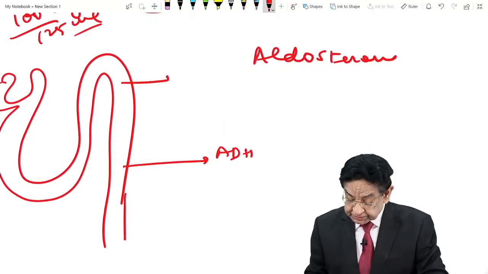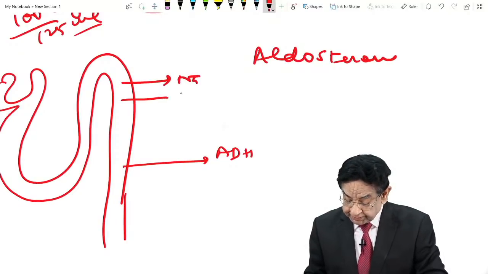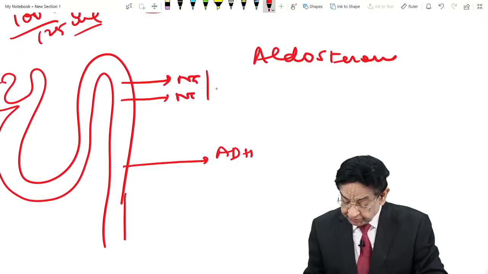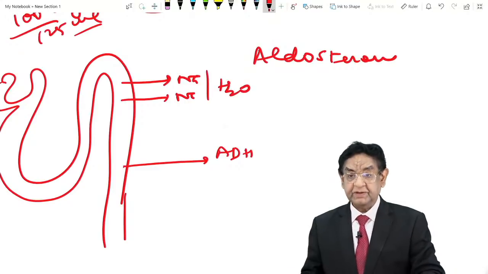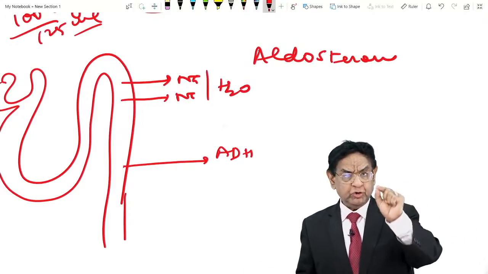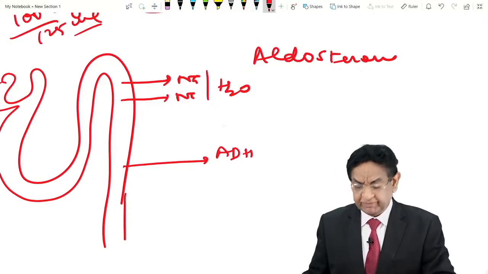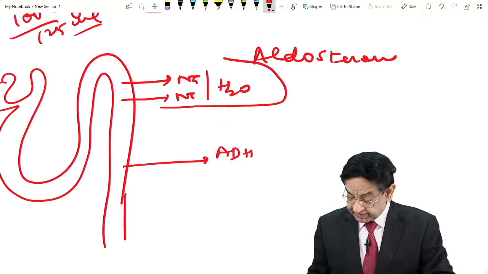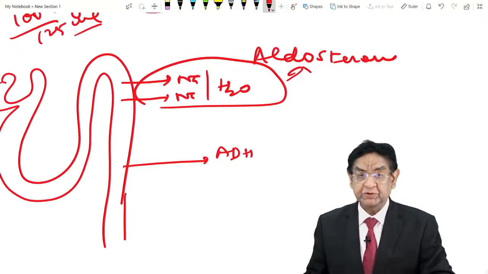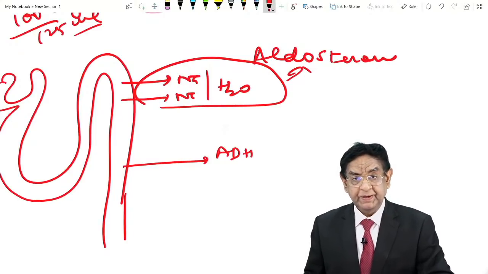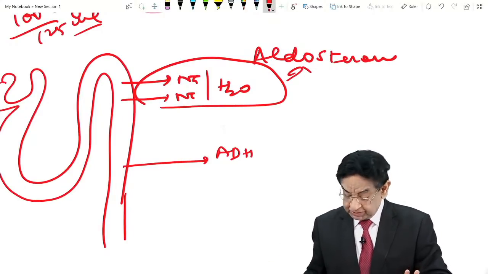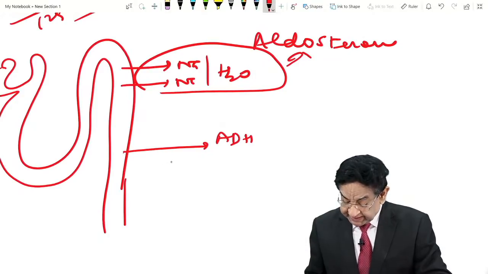It causes sodium absorption with water. Yes, sodium is absorbed actively and water follows passively. This is done by the aldosterone. This is normal. So now in SIADH,